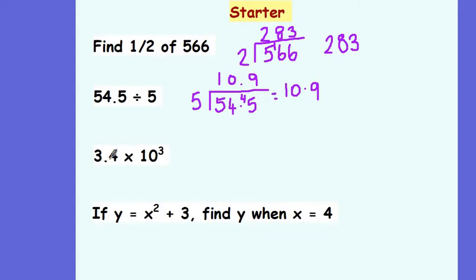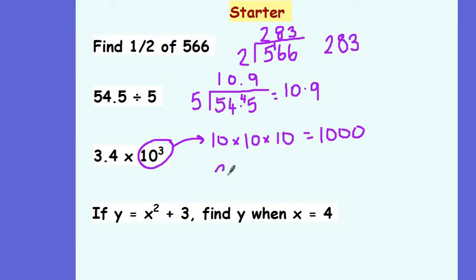For the next question, I've got 3.4 times 10 cubed. Dylan, what does 10 cubed mean? You're right, it means 10 times 10 times 10. 10 times 10 would give me 100, times another 10 will give me 1,000. So the question I'm doing is 3.4 times 1,000,